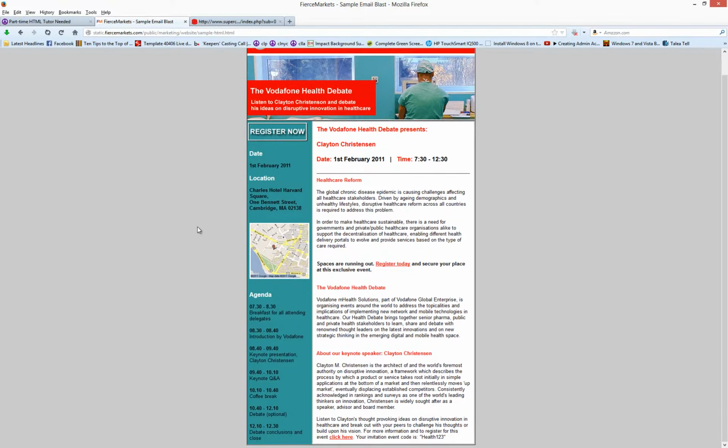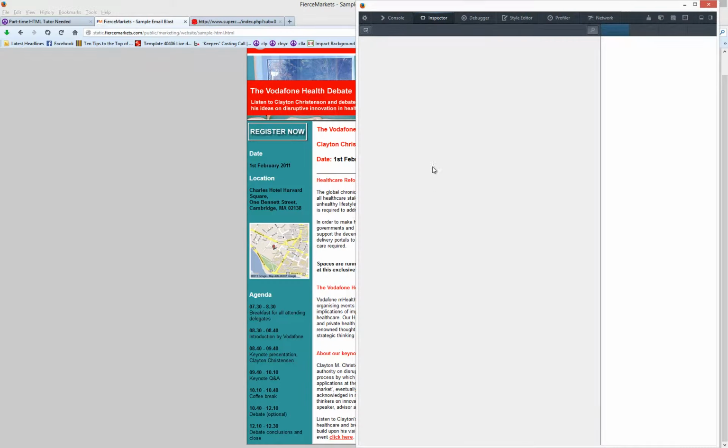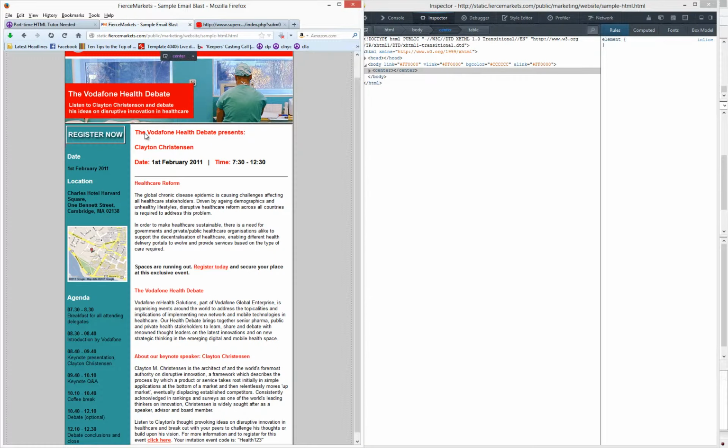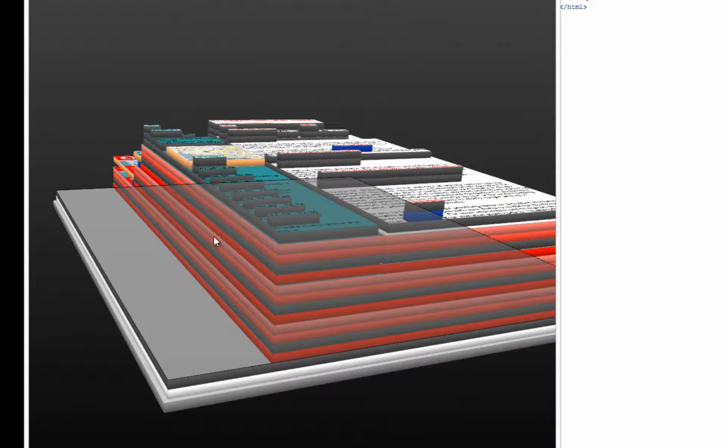Inside of this sample HTML, you see an image here, a nice image up top, and that's not text, that's all one image. That's what I'm speaking of. But to have a background down here wouldn't be such a great idea for what the criteria is. So if we look at the background element, and I move this over a little bit, let's take a look at this in 3D. You can see that it's very, very highly stacked, or there's a lot of nesting going